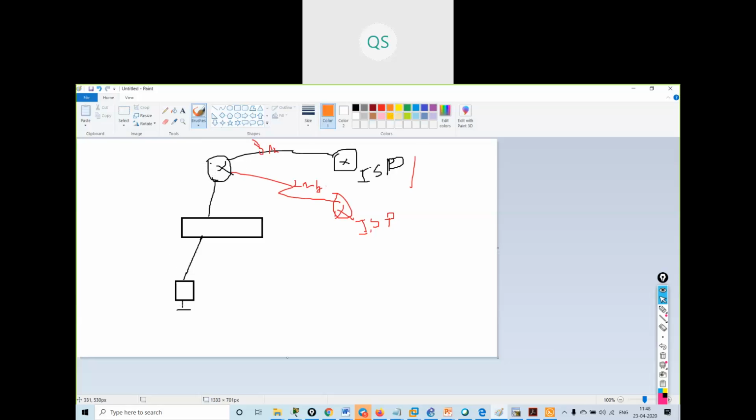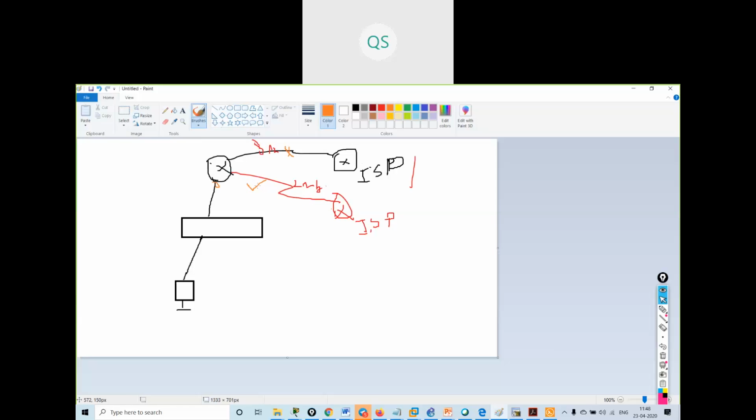If this user is trying to access the internet, it will come to the gateway, the router will take it to the ISP, and the ISP will give internet access. Now suppose this link goes down, then I have a backup link over here, so I can get access with the backup link.